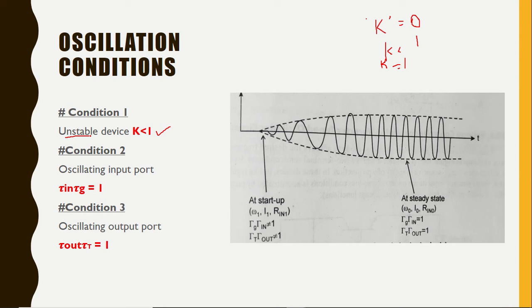Then when will that be called stable? I need the reflection coefficients to be equal to 1 both at the input as well as at the output. Only when the coefficients are 1, we can say that efficient oscillations are produced. So initially when they are not equal to 1, there are very few oscillations. These are actually the noise components. These oscillations are due to the noises that are present. So the oscillations are produced due to noises, and as the required condition is achieved, we can see that a stable oscillation is produced in the given circuit.